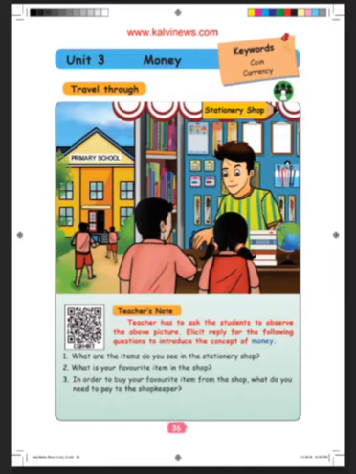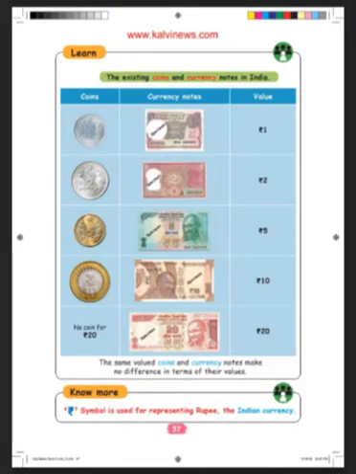Now all take page number 37. See coins, currency notes, and their value. See, 1 rupee coin, okay, 1 rupee currency notes. Currency note means 10 rupees, 20 rupees notes, all are there. In the olden days there was a 1 rupee note also, okay. You can see 1 rupee note and then 2 rupee coin, 2 rupee note, 5 rupee coin, 5 rupee note, 10 rupee coin.